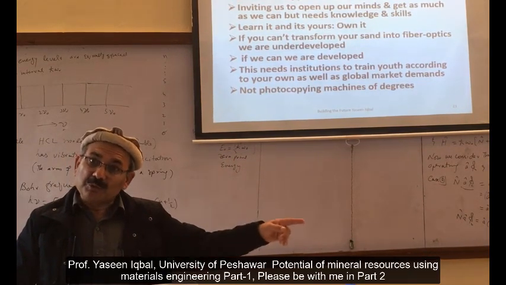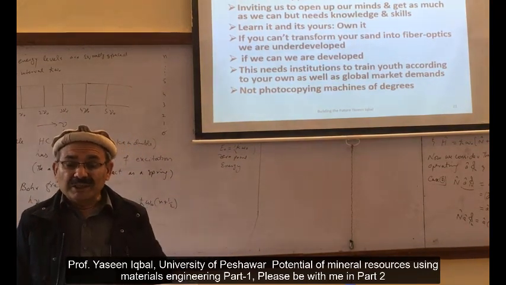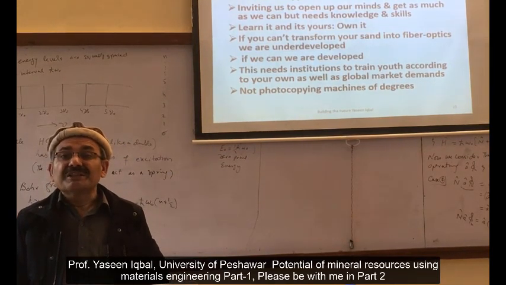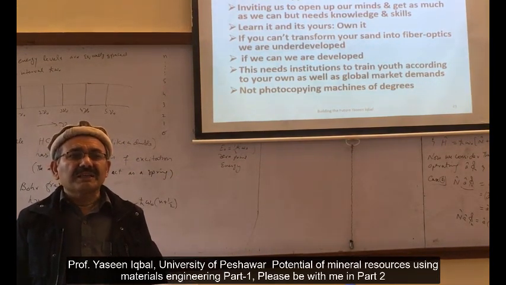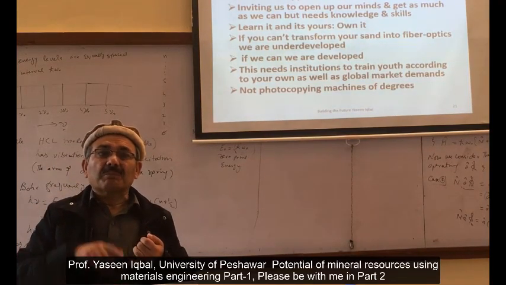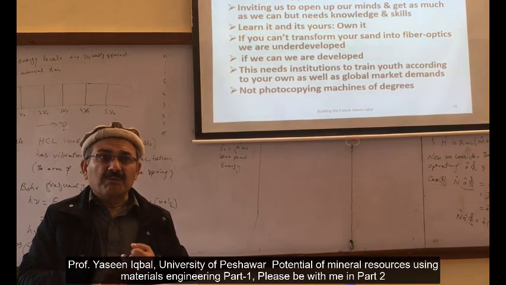It depends on those who earn it. So earn something in your universe and it will be yours. And this needs excellent institutions. In the last lecture I told you that 3 persons are most important in making nations. The first thing